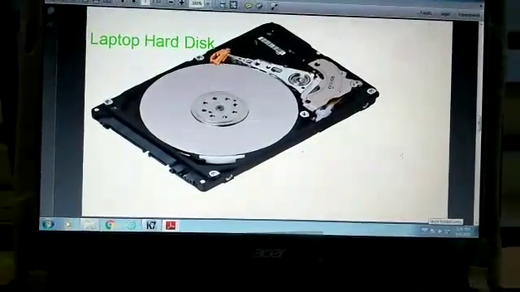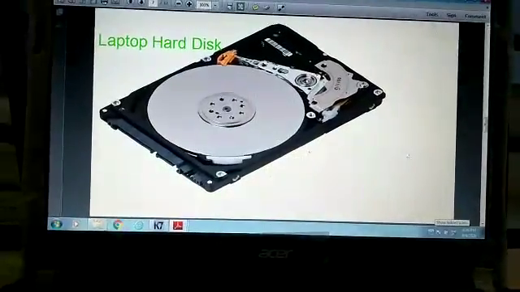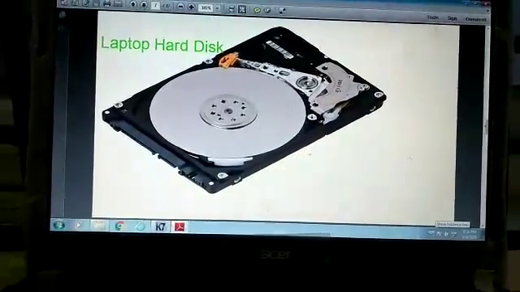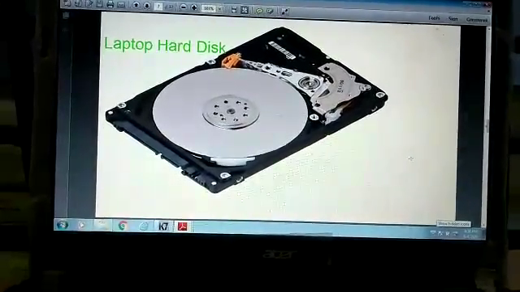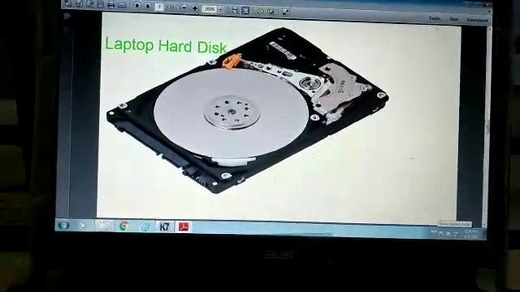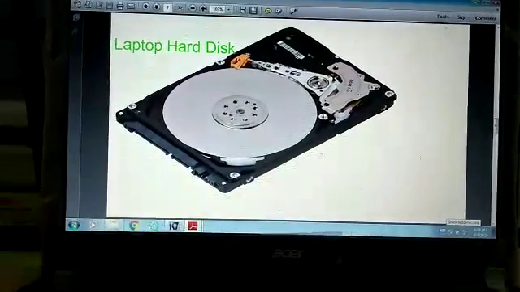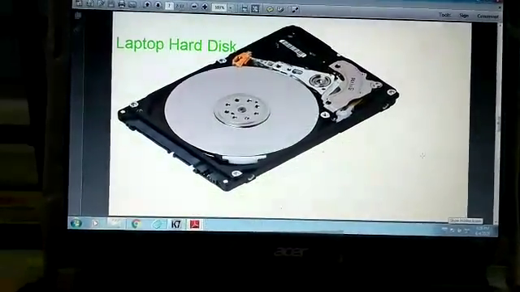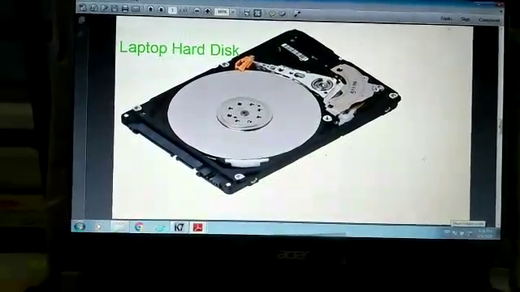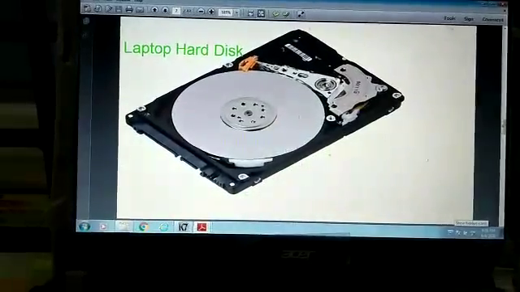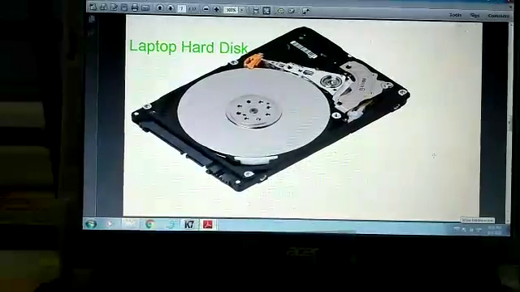What you are seeing is a laptop hard disk. Why do we need this hard disk? It is the main storage medium for computers. It is fixed inside the CPU. It can hold a large amount of data. It is made up of multiple disks, hard platters of metal. Data is recorded on both sides of the disk. We can see that disk. Nowadays portable hard disks are available. We can store up to 2 terabytes to 5 terabytes of data.